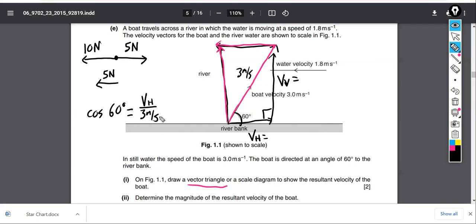So that's a perfectly solvable math problem. I can calculate how much of this boat's velocity is going to the right by multiplying both sides of this by 3 meters per second. So everybody with a calculator knows that the cosine of 60 degrees times 3 is